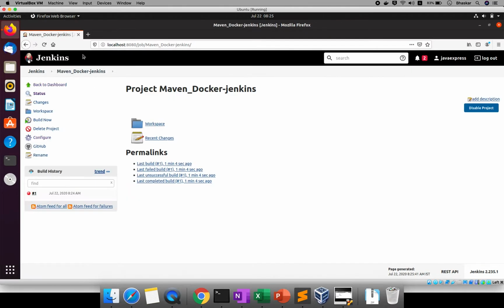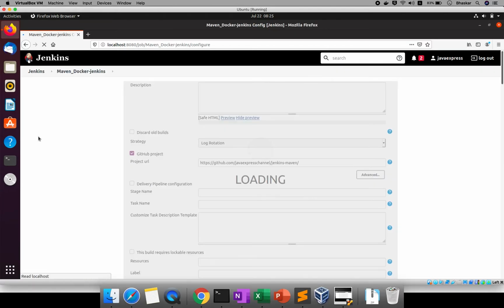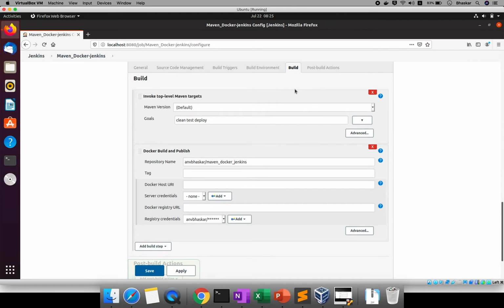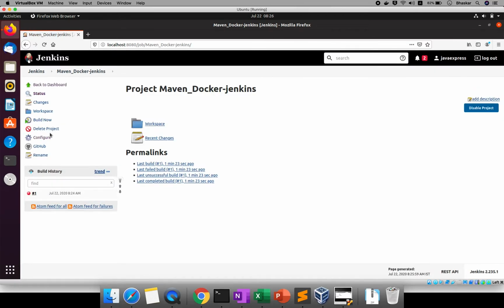Let me check the configure. In the top level Maven targets we gave something wrong. Okay, no deploy, you need to use package. It will generate the jar file. Okay, build now.